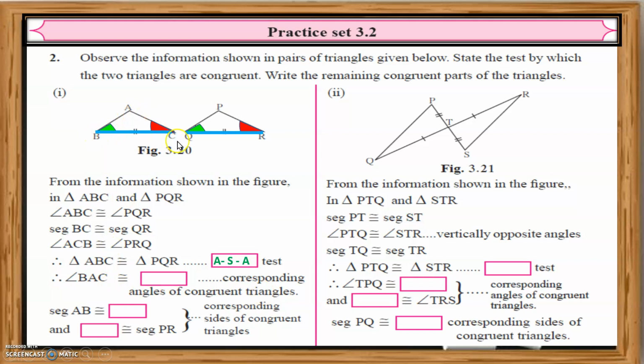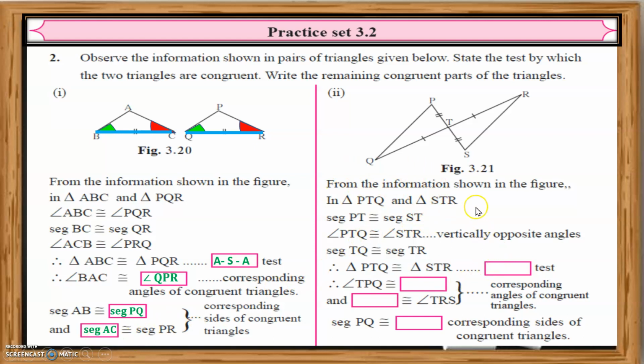So angle BAC will be congruent to, or we can look at here, BAC will be congruent to QPR. So you don't have to look at the figure, actually you can write it from this statement itself. It's BAC, so it's second, first and third. So here also you have to write it in that order, second, first and third. Now AB will be congruent to segment PQ, and last, PR is first and third. We have taken first and third, so PR will be congruent to, here first and third, that is segment AC. Hope this part is clear.